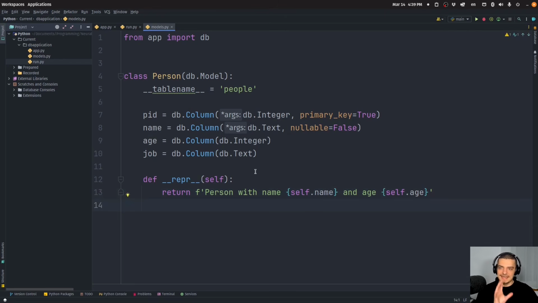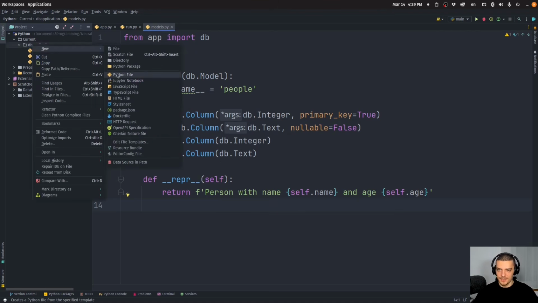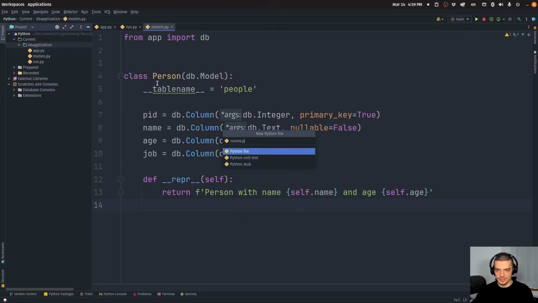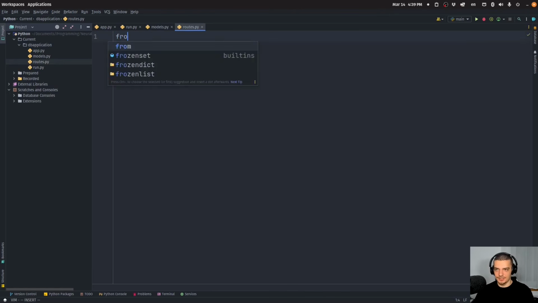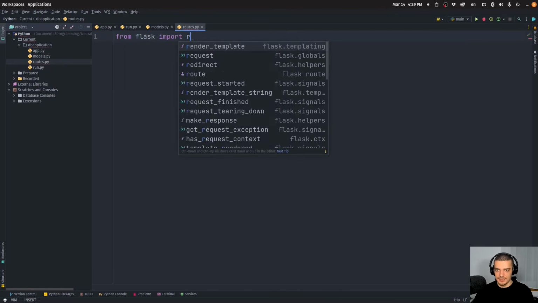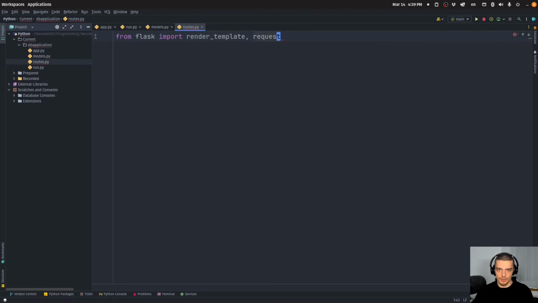All right, now this is a model I have in my application. What I need to do now is I need to somehow create a database. But in order to do that, I first need to use this model in my application. For this, we're going to create a fourth Python file, which is going to be routes.py. You can also call this views.py, it doesn't really matter. And this routes.py here is going to import from Flask render_template and request, but it's also going to import from models